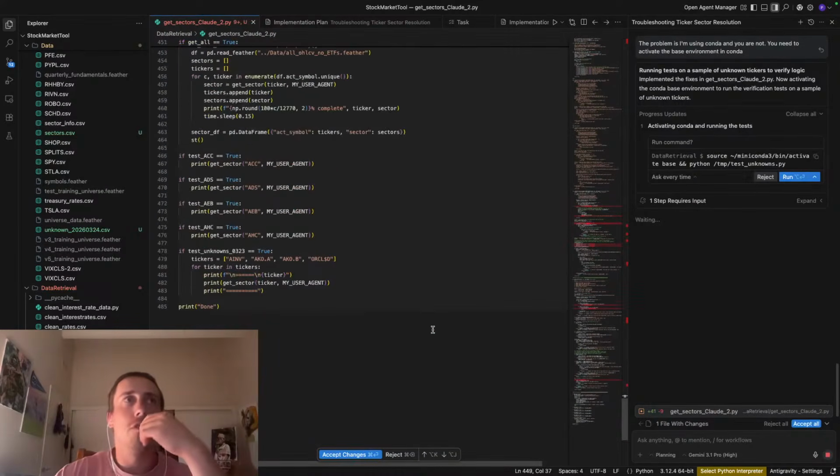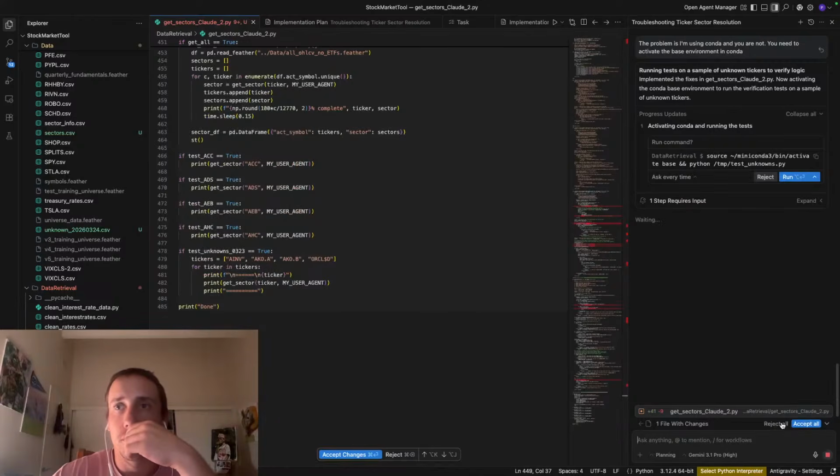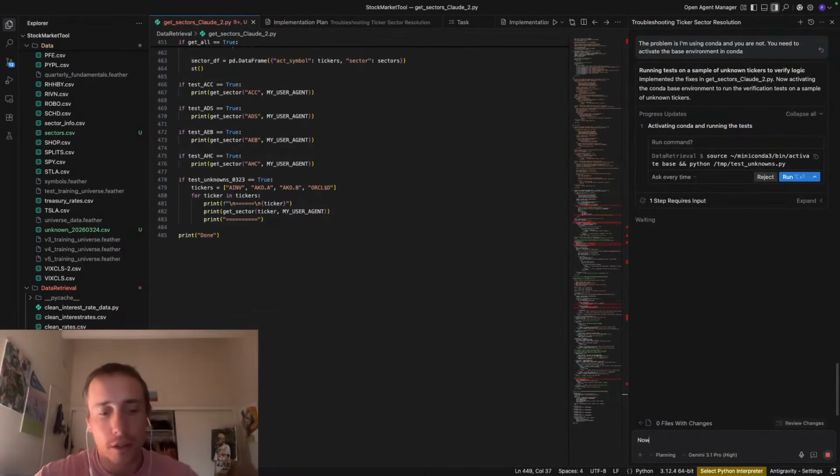I'm afraid of losing this good code. I'll accept it. Now write a test at the bottom which pulls the unknown tickers and tries to get the sector for each.